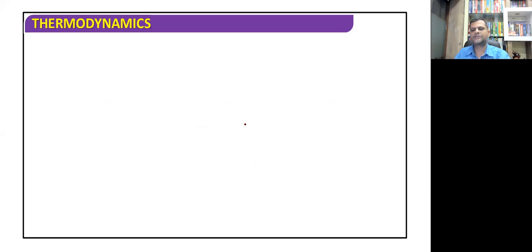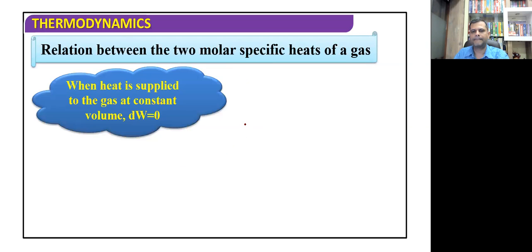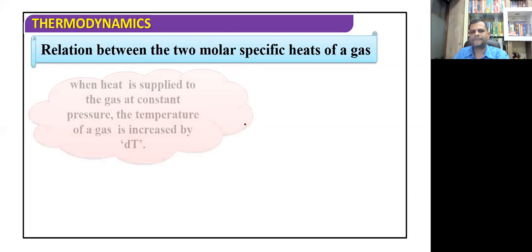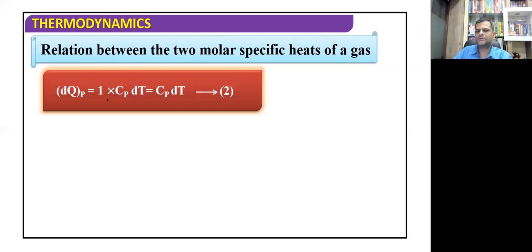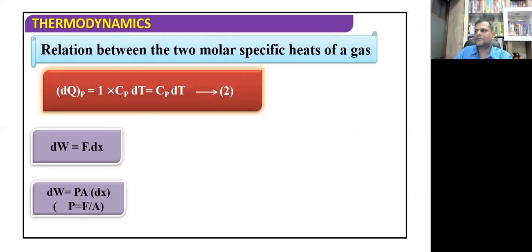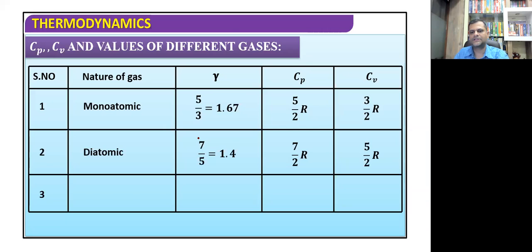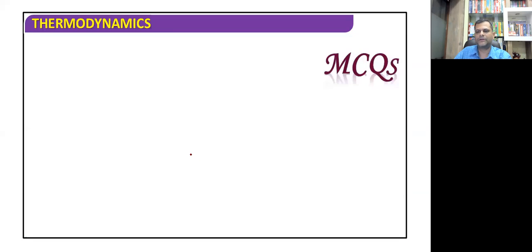We also have seen this relationship between the Cp and Cv from the first law of thermodynamics only. देखो जब हीट सप्लाई किया जाता है dq इज इक्वल टू Cp इंटू dt हम लिख सकते हैं, और yes, only this table is worth noting actually, जैसे हमने लास्ट टाइम भी देखा था और बहुत सारे एमसीक्यूज भी उसके ऊपर सॉल्व किए थे। मोनोएटॉमिक, डायटोमिक, उसमें भी डायटोमिक, वाइब्रेटिंग एंड नॉन वाइब्रेटिंग।